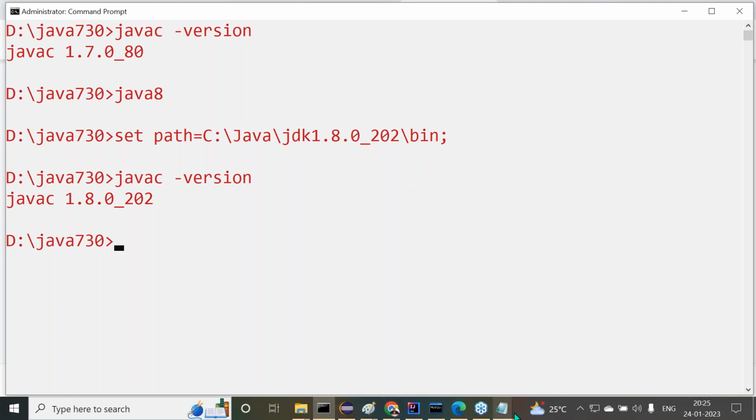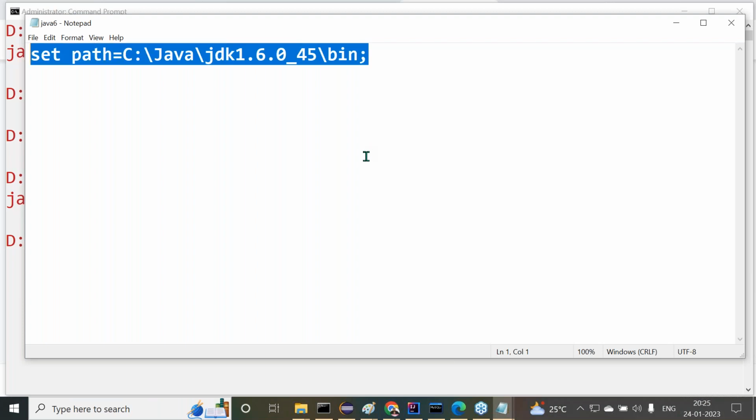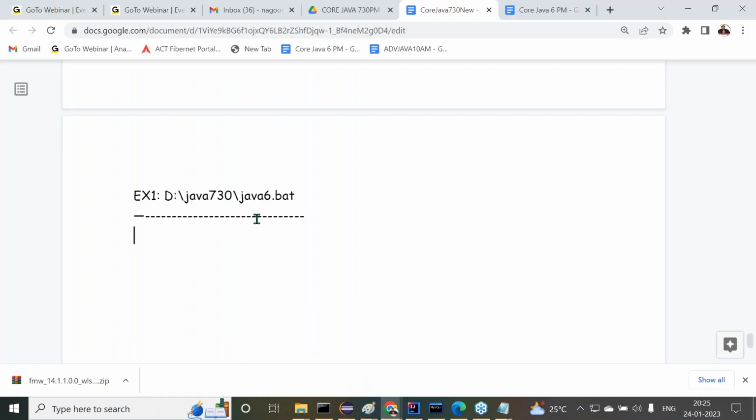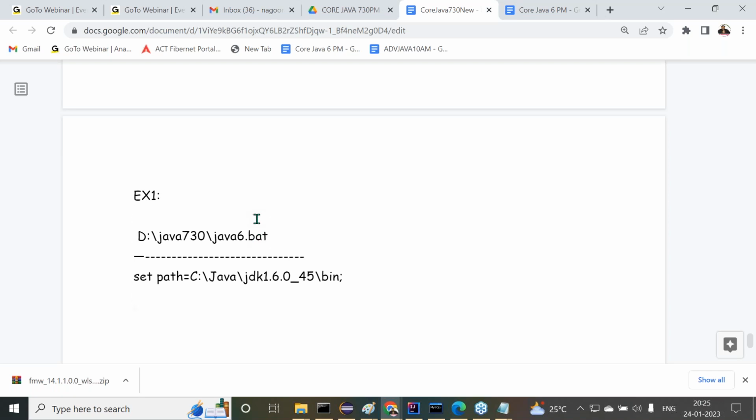Right, sir. Now let us see this one. Already, this is the path we provided here. Just 1 minute, let me provide it in the document here. All right, sir. Next one, this is Example 1. Then the location here I provided. Right. Similarly,